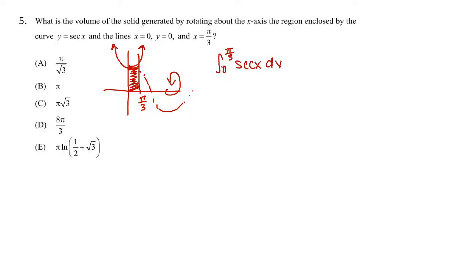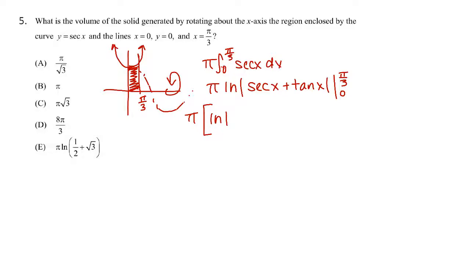It's just a formula. Oh, and I forgot my pi. Sorry, folks. So it's going to be pi times the natural log of the absolute value of secant x plus tangent x. And again, that's just a formula. We are evaluating from 0 to pi over 3. And so here when we start subbing in, we do have pi times the natural log, the absolute value. Well, secant of pi over 3 is going to be 2 plus tangent at pi over 3 is the square